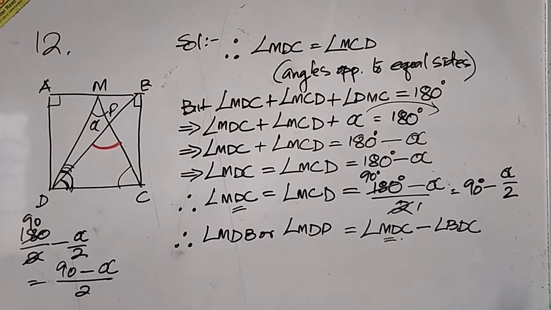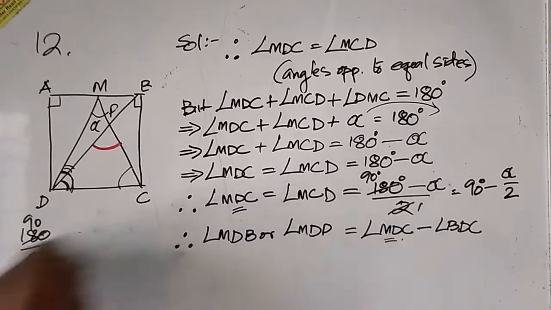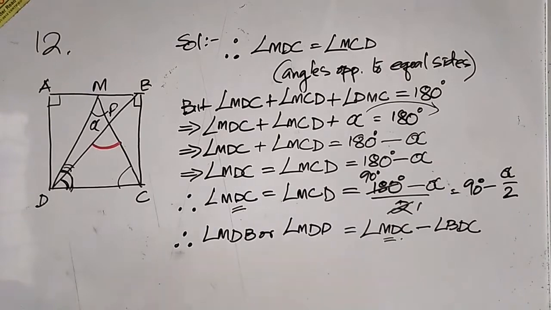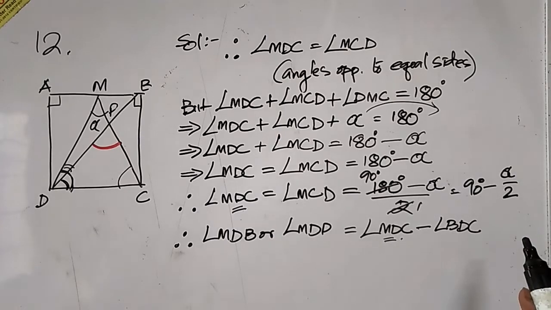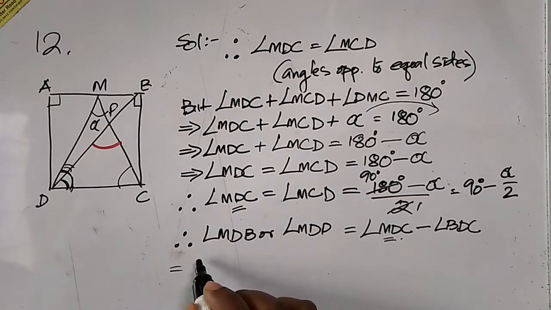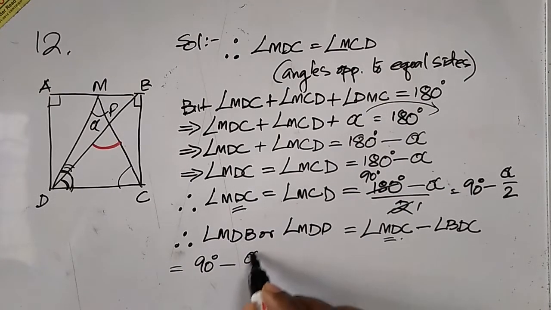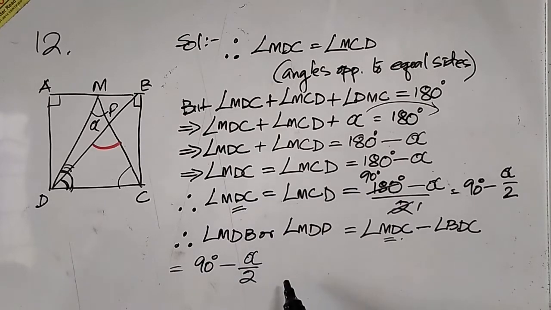So we can also write it as 90 degrees minus alpha by 2. Alright, so we'll just replace the value of angle MDC. Angle MDC is how much? 90 degrees minus alpha by 2. So 90 degrees minus alpha by 2 minus